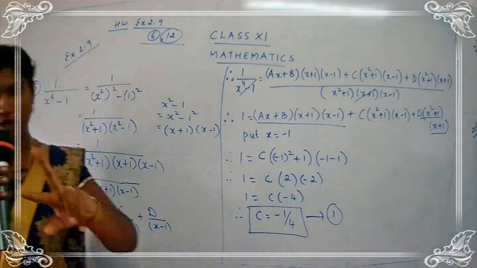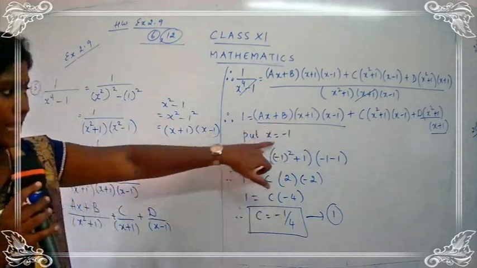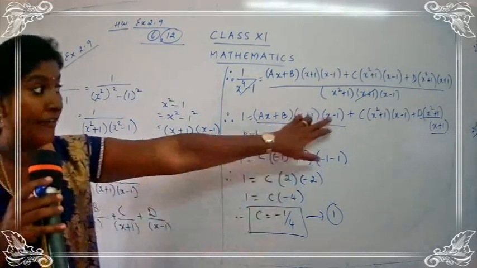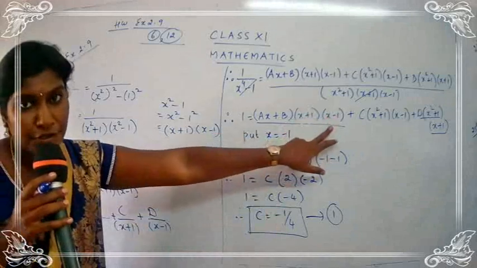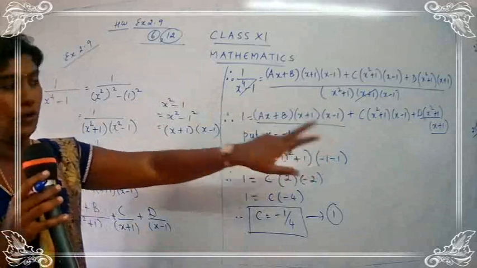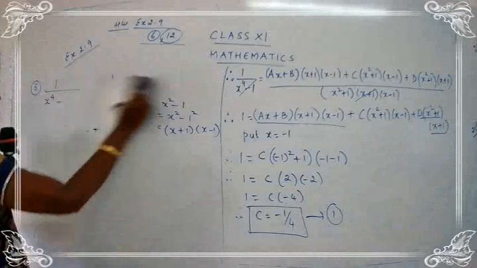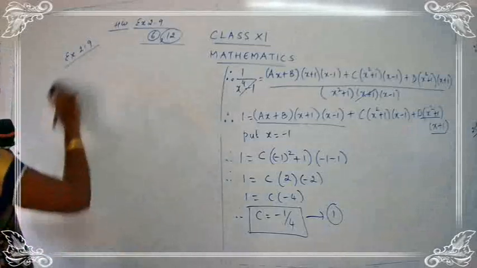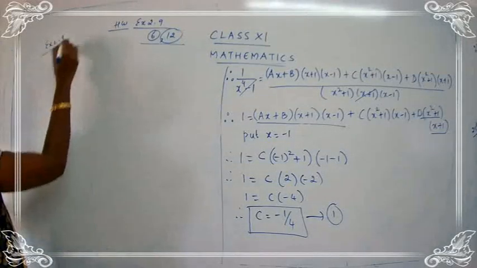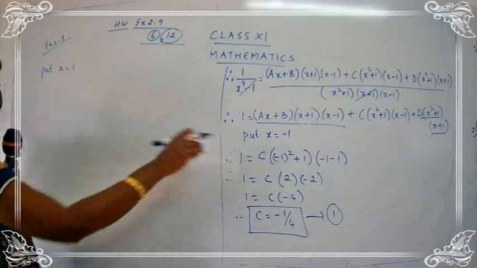I have told you we have two choices for x from the factors. Plus 1 means I have to take minus 1. Already we have taken minus 1 and we have simplified and we have got the value for c. Now we have minus 1. If you have minus 1, you can take the value for x as 1. Yes, you are going to take x is equal to 1. Let's take the value. I'll just rub this part. So put x is equal to 1.